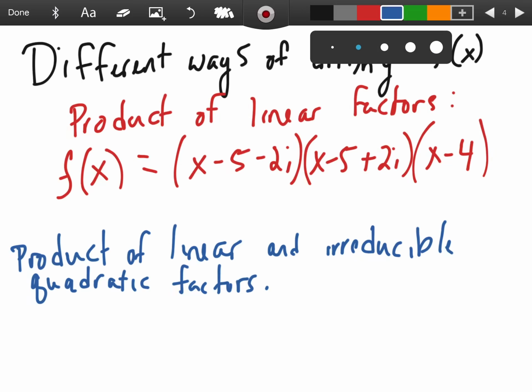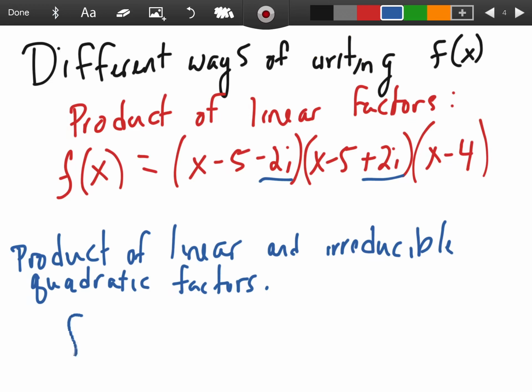And the second one, this product of linear and irreducible quadratic factors, the reason this irreducible quadratic factors just has to do with these non-real zeros that we have. It doesn't look pretty when we have these i's. All right, it makes the function a little bit ugly. We don't necessarily want those. So instead of writing these two out separately, each as linear factors, we'll write it as an irreducible quadratic. And that irreducible is just saying, yeah, when you try to do the quadratic formula on it, we're getting some non-real